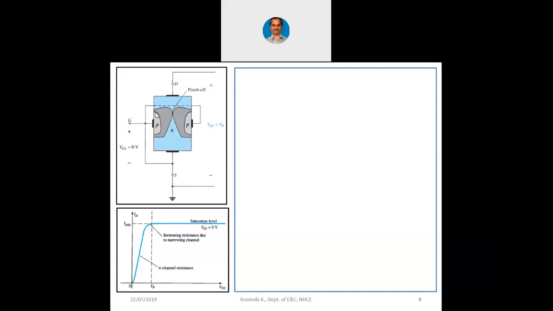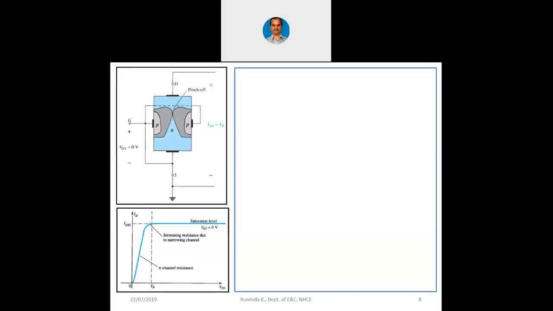Now there is a diode which is reverse biased. This diode will never conduct. The diode between gate and drain always remains reverse biased because of this VDS, and it will never conduct. If it conducts, then it is a short circuit and the device will fail. That is why to the gate we will never apply positive voltage at all. In case of an N-channel FET, to the gate we will never apply positive voltage at all. If we apply any positive voltage, this diode will short circuit and the device will fail. We will either connect it to 0, or later on we are going to connect a negative gate voltage, which means in the FET there is no gate current at all.